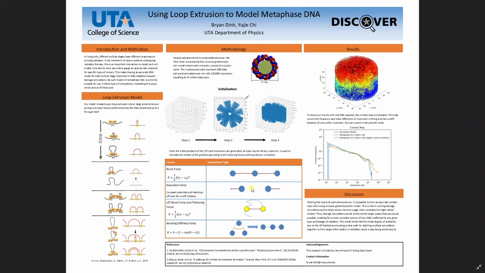Then there are forces between loop extrusion factors which keep them bound together, as well as tethering the loop extrusion factors to a central spiral. And there's also a bending stiffness force which prevents the DNA from freely flopping around and forming kinks. So our result is this 3D model confined in a cylinder, and to test our results, we measure